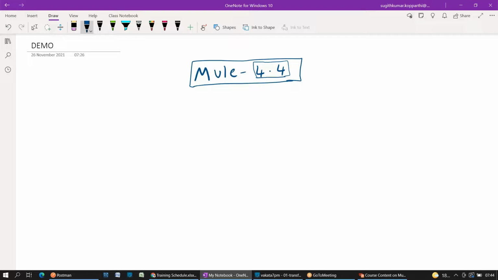Everything here is drag and drop only, you don't need to write any code. Only the transformation logic will be there, that we are going to discuss. I'm going to teach you how to write a transformation logic. You just need to keep your focus and apply some logical thinking, improve your logical thinking. That is more than enough here. No need to write any code.